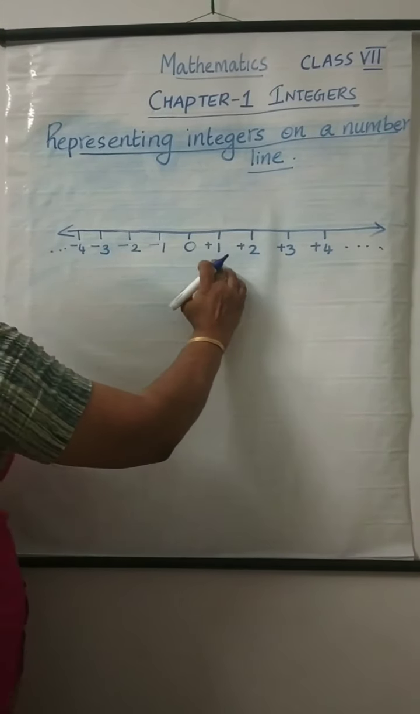So the first case is if both the numbers are having the same sign. Here both are negative, here both are positive. In that case, you have to add the numbers and put the common sign. Now, the next case is,